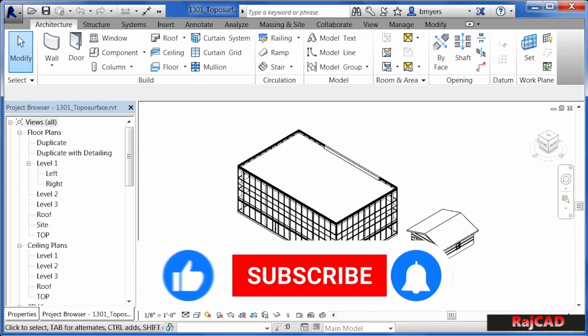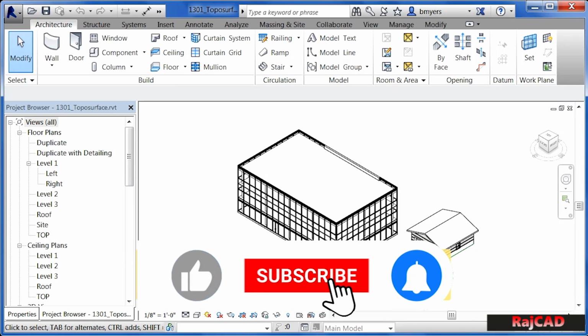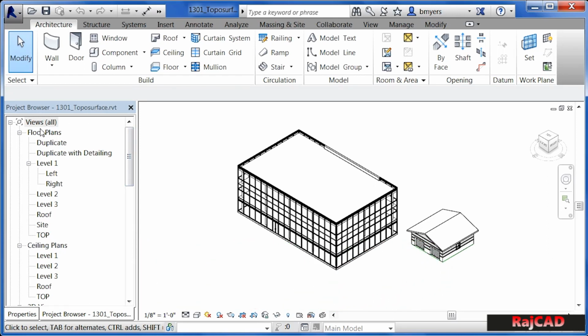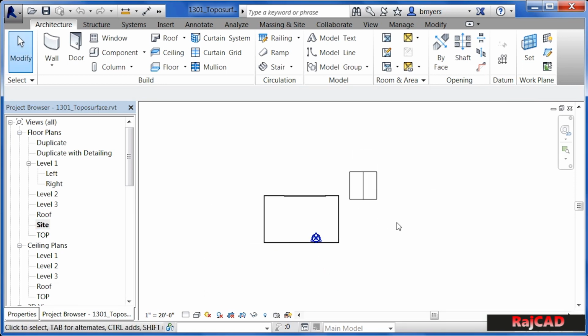In this exercise, we're going to learn how to create a site for our building complex. To do this, we first need to come underneath Site in our project browser. Under Floor Plans, we're going to open up the Site view. From here, we can zoom out so we can see the outer extents of where we may draw our site